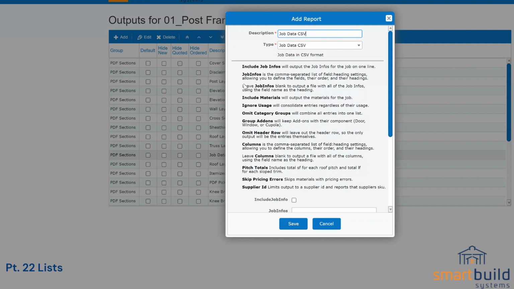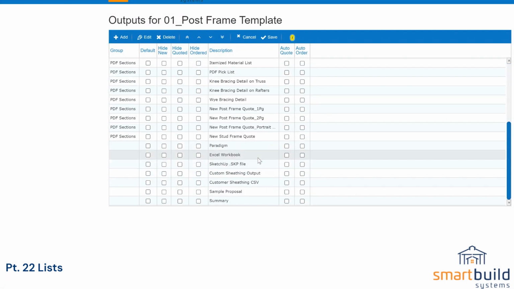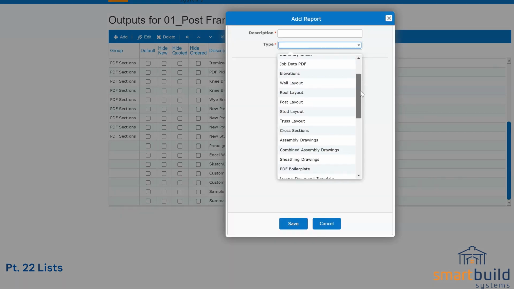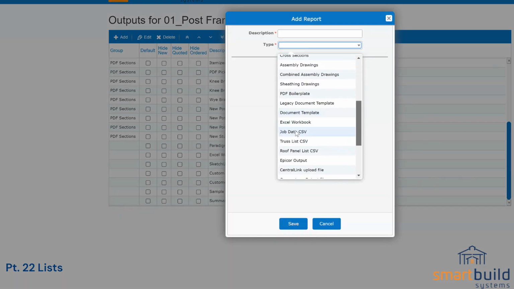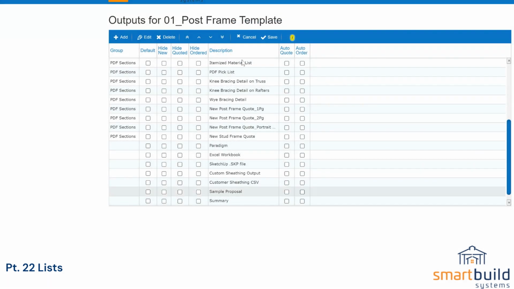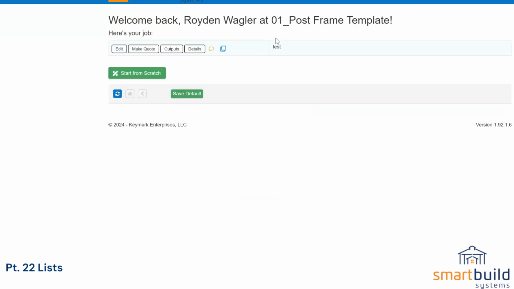and it says if you leave the job infos blank, this will populate all of them. So just go ahead and set one up and leave that blank. When you do that, what will happen is it tells you what all is available. So if we set up the job data CSV, leave this blank, click save, and save this output, we can get an entire file